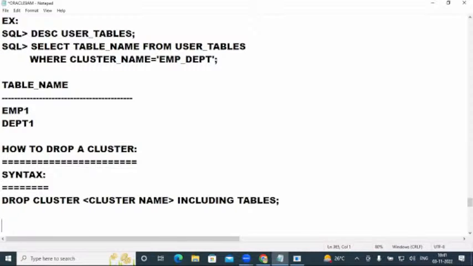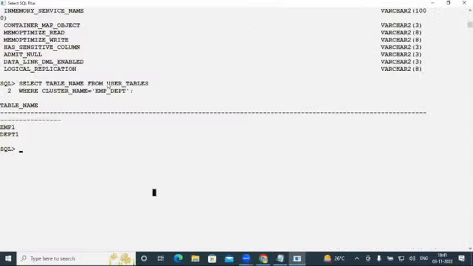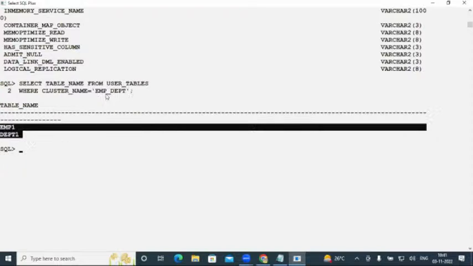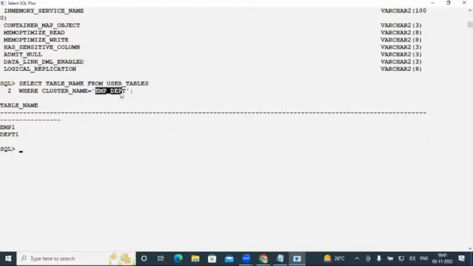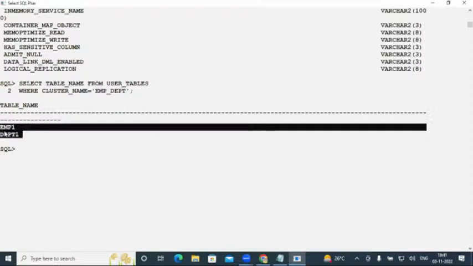And you are asking, sir, why are you using including tables? Actually, in my cluster emp_dept, you have tables. That means this clustered memory is not empty. It is having some tables. So that's why when I drop my cluster name emp_dept,